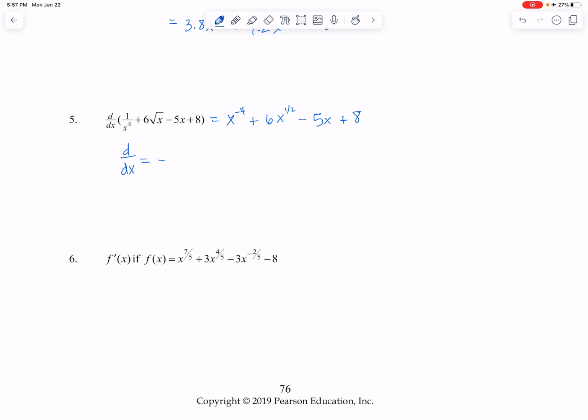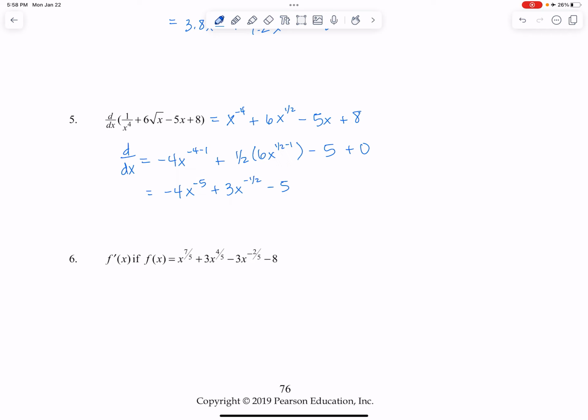So power rule, negative 4x to the negative 4 minus 1, plus 1/2 times 6x to the 1/2 minus 1, minus 5, plus 0. All right, so we've got negative 4x to the negative 5 plus 3x to the negative 1/2